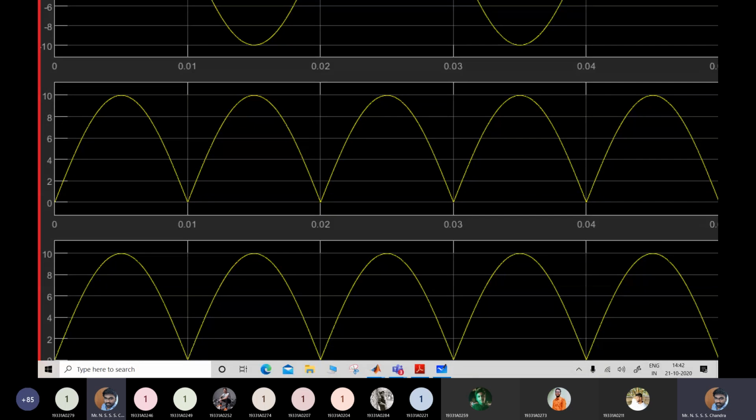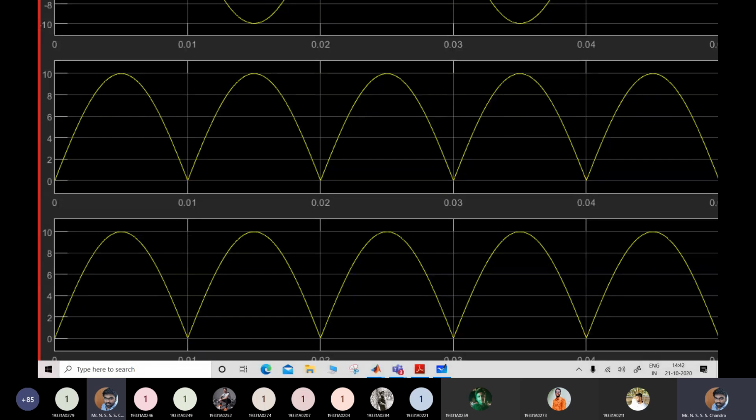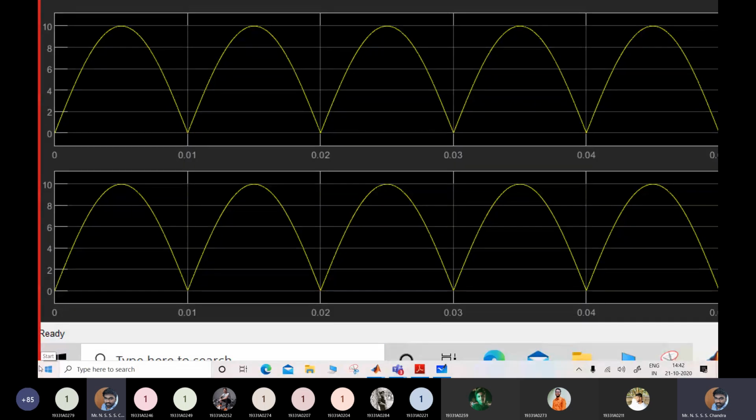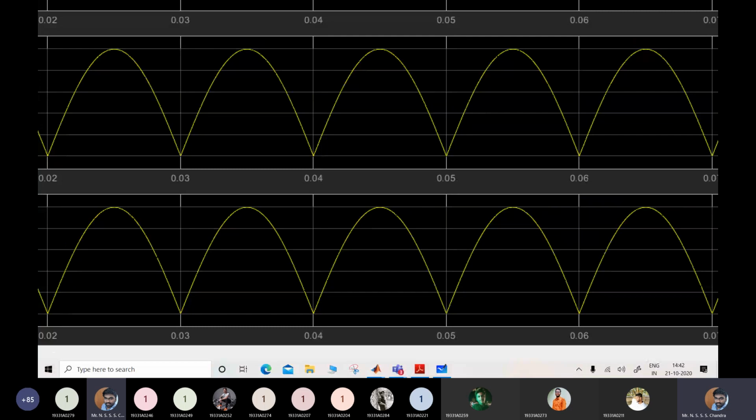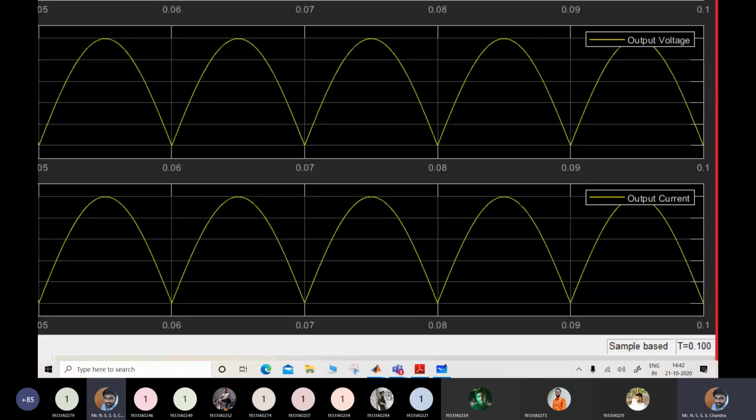So in case you are asked what is the frequency of the output in a full wave rectifier in a bridge configuration, you should say that it is double that of the supply frequency. If the supply frequency is 50 Hz, it will be 100 Hz. If the supply frequency is 60 Hz, it will be 120 Hz. Similarly, your current is now following your output voltage curve, because current is nothing but voltage divided by resistance. I have taken only 1 ohm again. So your current follows the output voltage. The last waveform is the output current waveform.